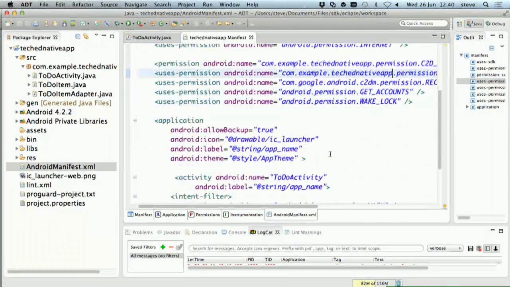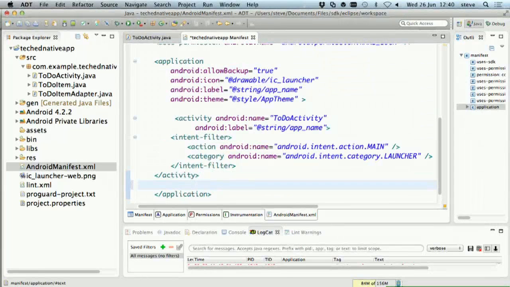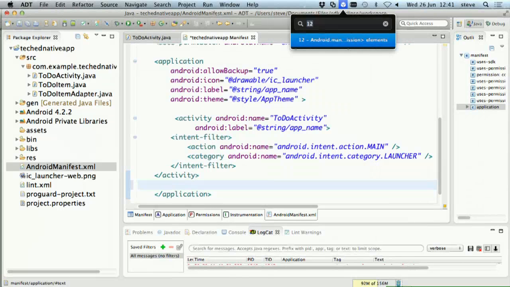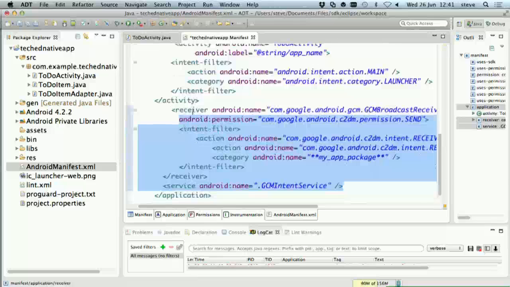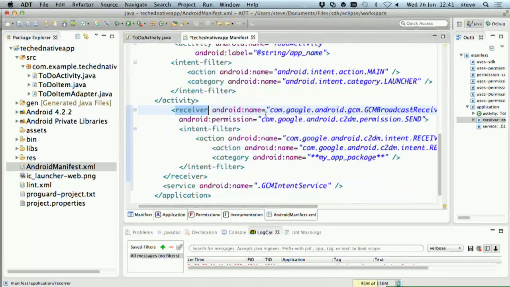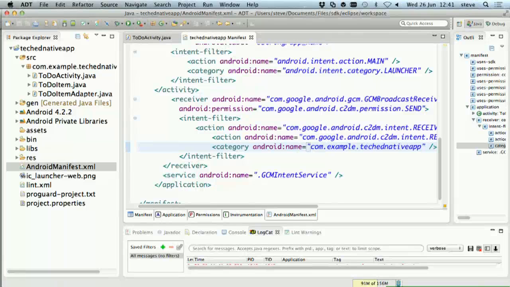The next thing is I have to register the fact that my code can receive messages. And that's a little bit more configuration. And again, this is all in the documentation. So let's insert a little bit more configuration in here. And here's the next block. Here we go. So what have I just added? I've added this receiver. The receiver is some code that can receive messages. And again, I need to fill in the package name and other stuff that's not interesting to talk about. All right, so that's all of the boring configuration out of the way.